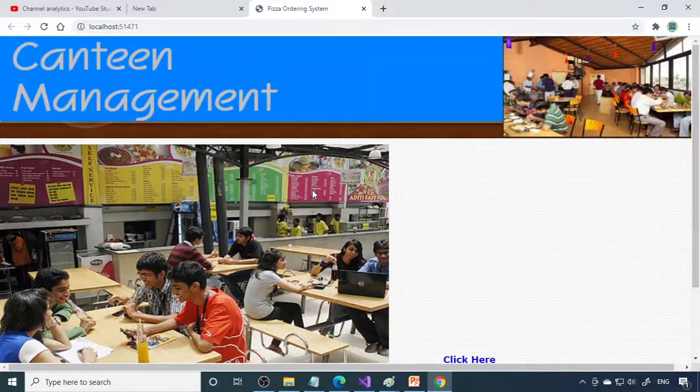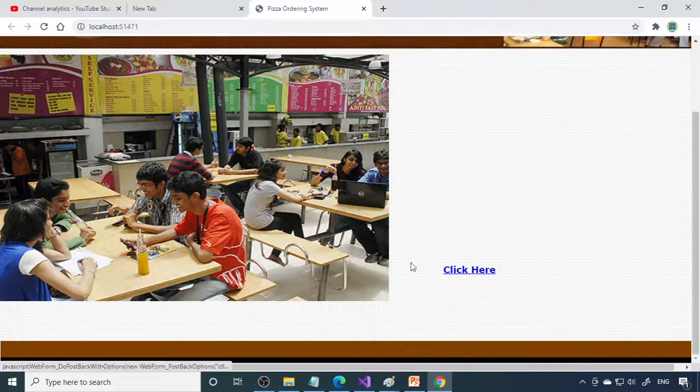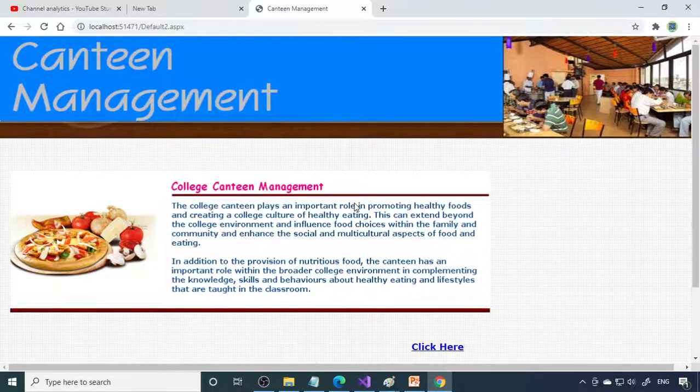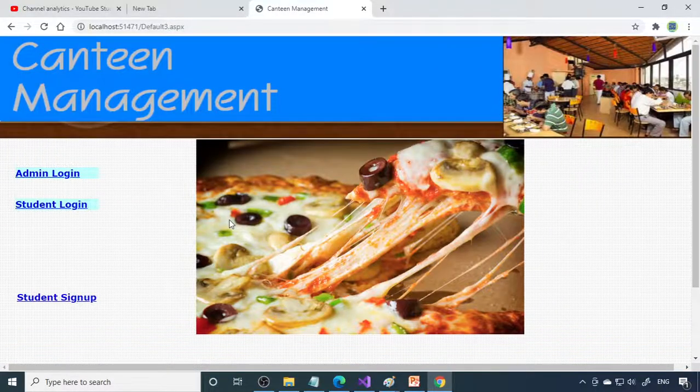Fine. So here is the main page. A simple page. We have a few pictures and you can click over here. You can add more pictures to your main page and also add content. It's good actually. You can write your name, your college name, all these things. Right, so let's go to the next page. Here some simple description is provided. Next to that is the admin module, and the student login and student sign up are also provided.